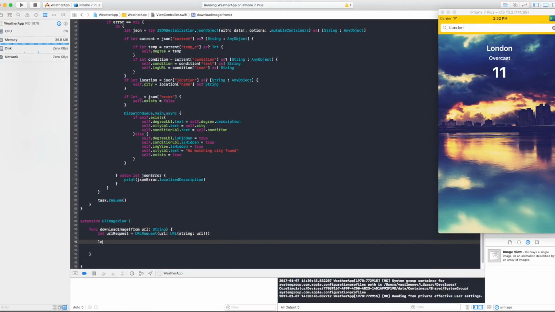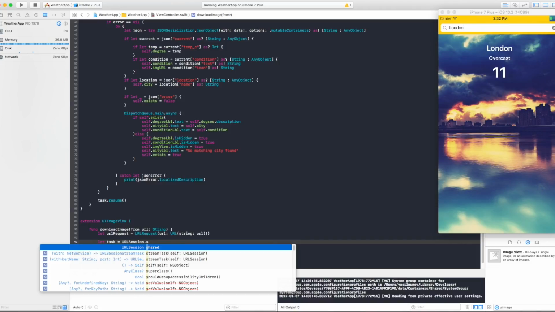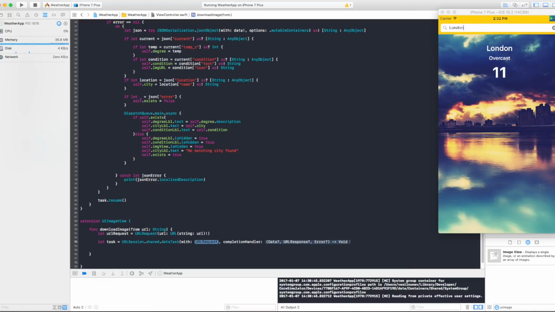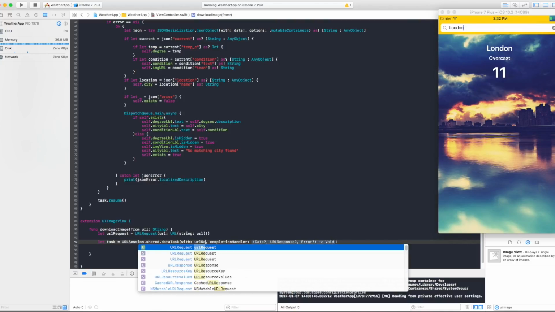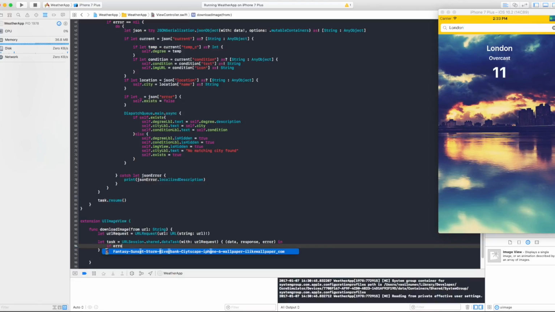So now let's create the task. Let task equal URLSession. Same thing as we did with the JSON. shared.dataTask with URL request, and the URL request again is urlRequest, completion handler, data, response, and error. Again, oops, error. And in the code, you want to check if error double equals nil,